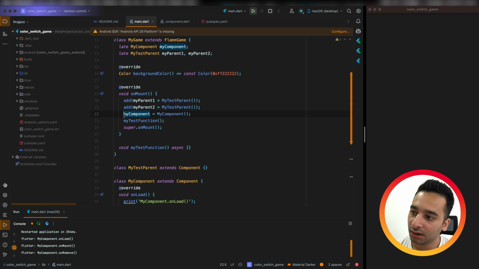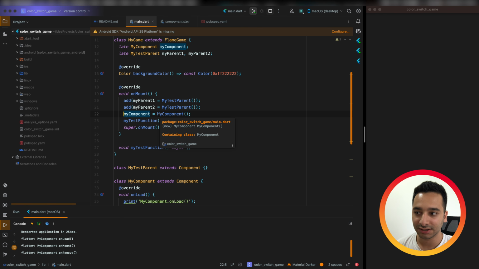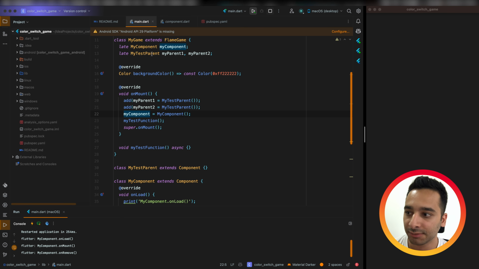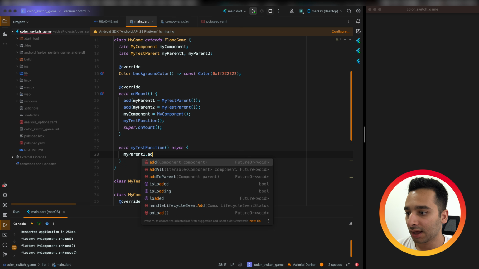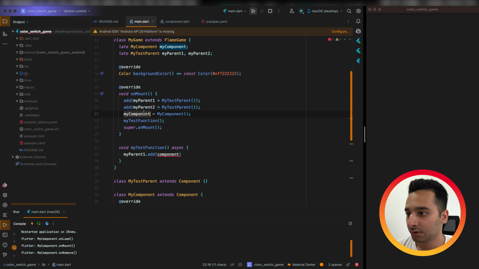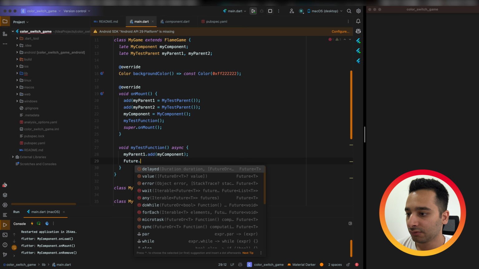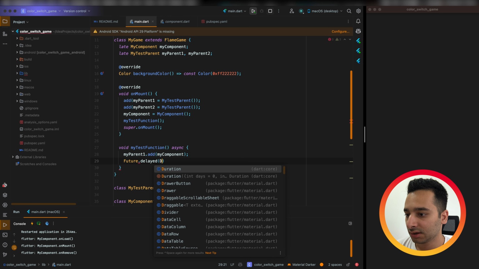So here we added 2 parents, we have reference to them, but we have just created our component without adding it to the game class. In the test function, we are going to say parent1.add our component, and we are going to wait a second,